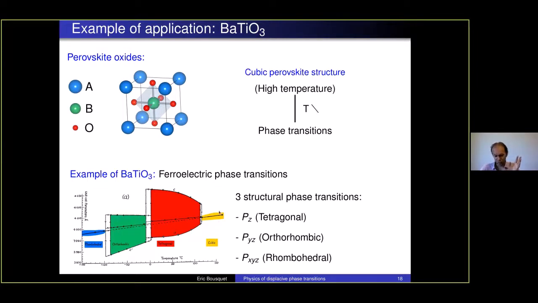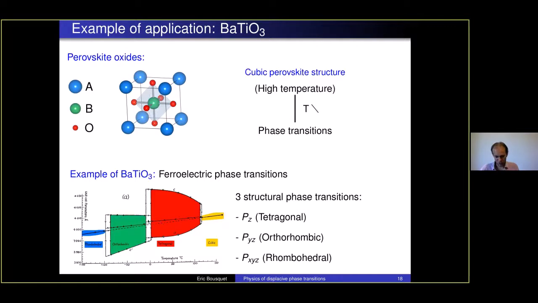At high temperature, beyond 100 Celsius, you have this cubic phase. Then at a bit higher than 100 Celsius, you have a transition toward a tetragonal phase, where you can see a splitting of the cell parameter between a long one and 2 short ones. So it becomes tetragonal, and you also have development of spontaneous polarization in the system. Here we suppose that the polarization will be along the Z direction, but it can be along the X or Y direction, it is the same. Let's suppose it is along the Z direction.